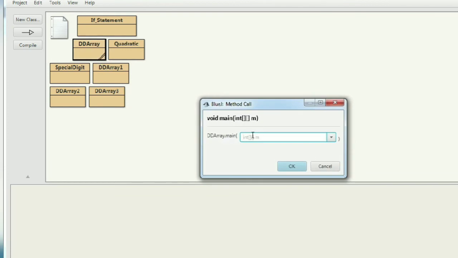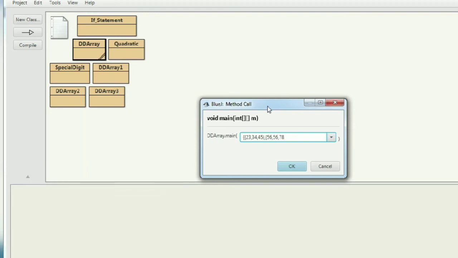See here, with the BlueJ system we have to enter our data over here. Suppose I want to print 34, 45, comma, again bracket start. See carefully the way I am entering the data. Suppose I want to print 56, again 56.